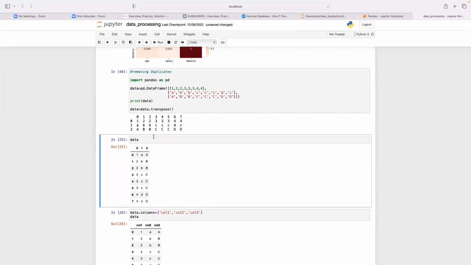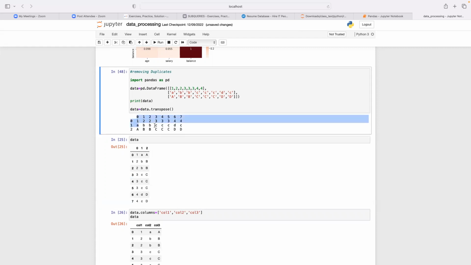In order to remove column duplicates, that's columns that have the same values, for example, look at this column. Column number 4 and number 5 and number 3 are duplicates, and 1 and 2 are duplicates. If we do drop duplicates on this,